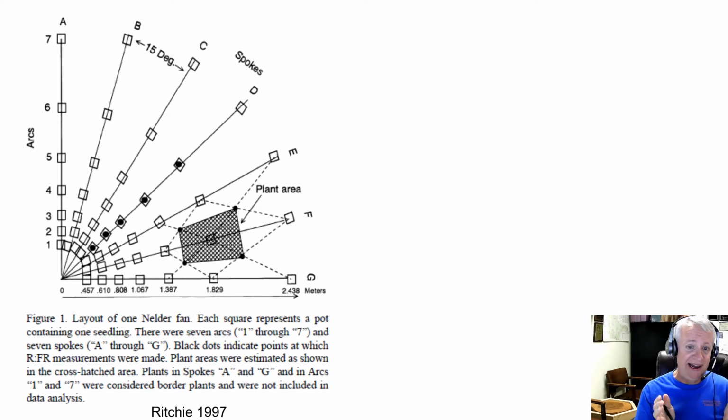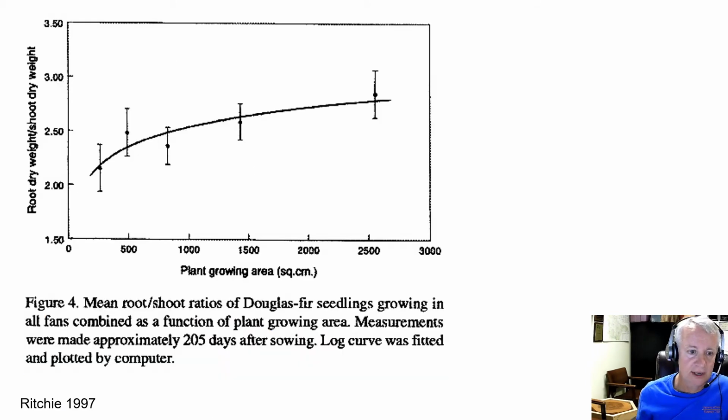Now note, these are in pots, so these trees are not competing with each other underground. They're in well-watered pots with plenty of fertilizer. So we're really looking at any above ground interactions among these seedlings. So what Ritchie found was that